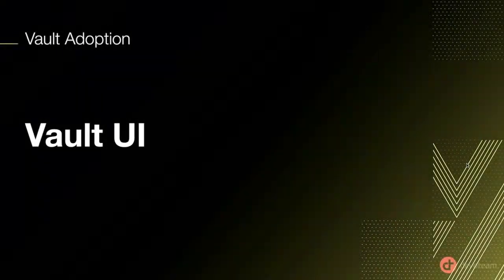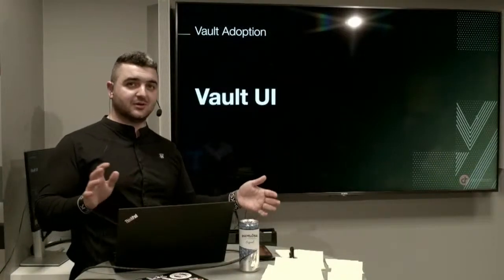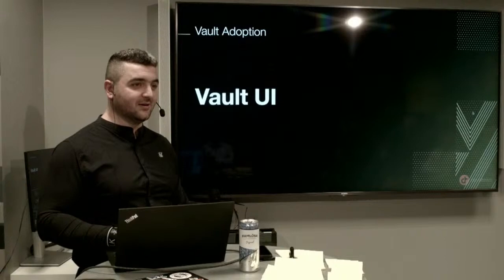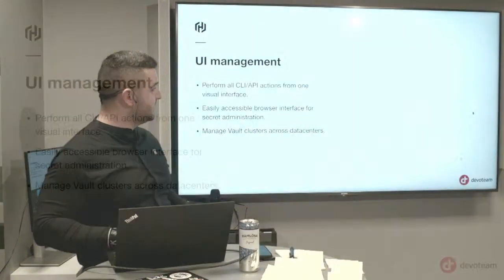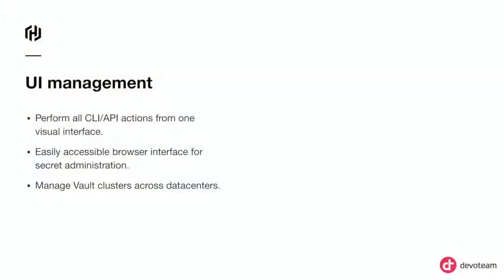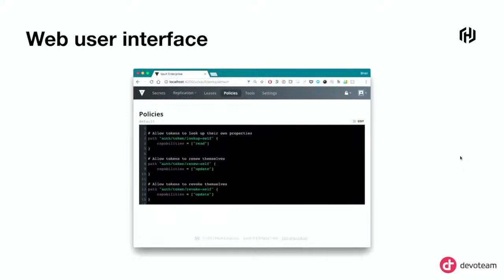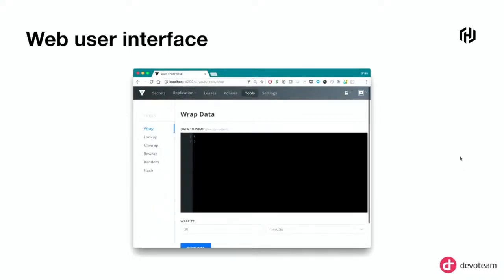And this is one of the great parts. If you are a product owner, product manager, project manager, this is great for you because Vault has a UI. Even though it's very technical, very CLI and API driven, there is a UI for it. And we will use it as well in the demo part. As a very simple example, you have this nice, very basic interface where you can just navigate, go through the policies and etc. You can use some tools.